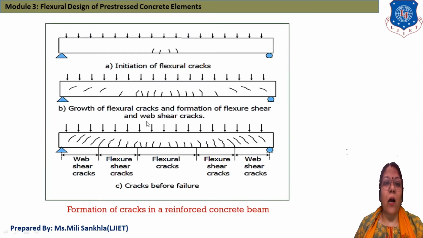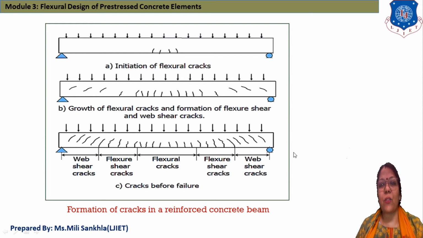Now here again three images. In the first image, our pre-stressed concrete member is subjected to external load, that means our self weight, and flexural cracks. Look at this. This one is the flexural crack developed at middle of soffit, bottom of soffit. And this flexural crack propagates in upward direction. And meanwhile, look at this. This one is the shear crack also. Web shear crack is also developed simultaneously with this flexural crack.